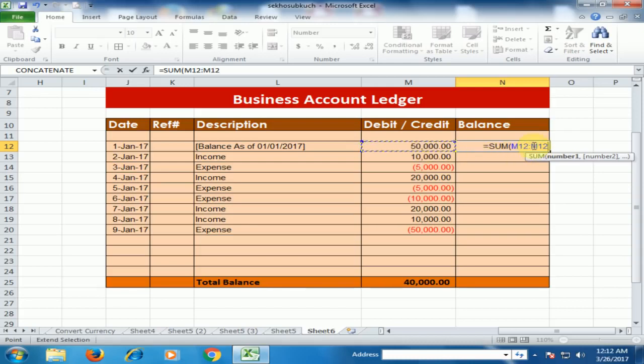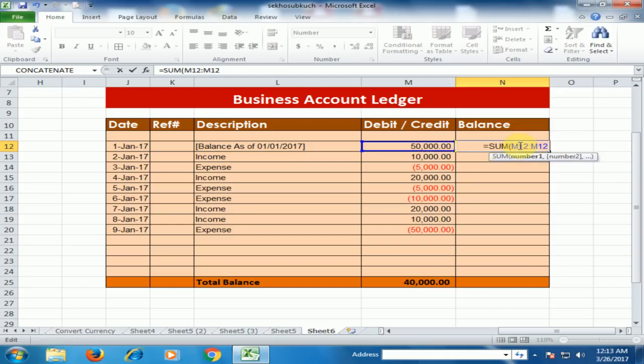If you press shift and the colon sign, it will display like this, M12 and M12. This cell displays like this.